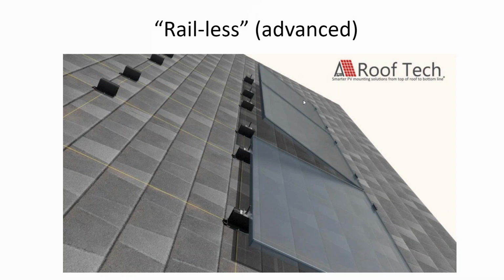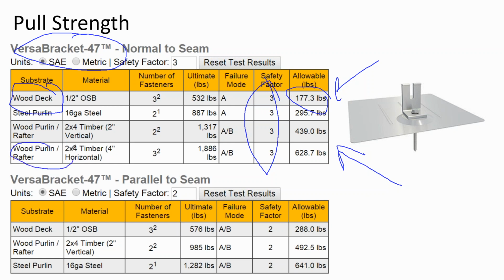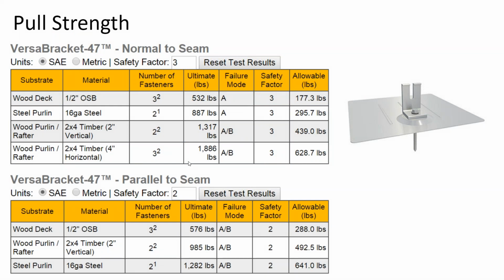How do you know that that's the case? Well, you go to the racking manufacturer websites, like this one for a very popular metal roofing system, and they'll tell you things like, for our particular mounting bracket with a safety factor of 3 involved, here are our allowable pull strengths. If you just go into the decking, we have a pull strength of 180 pounds. If you go into the rafter, we have a pull strength of 630 pounds. That has to do with the size of the lag screw, how many fasteners you use, and how deep into the rafter you go. But ultimately,